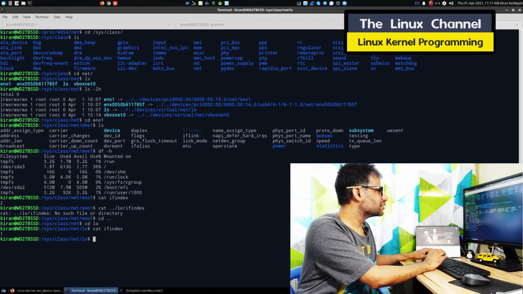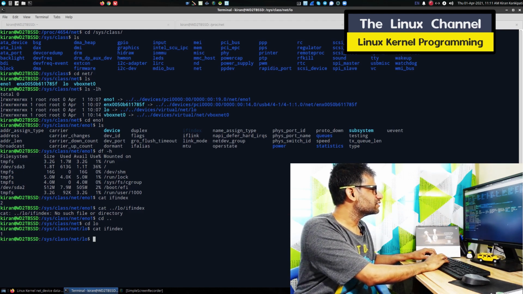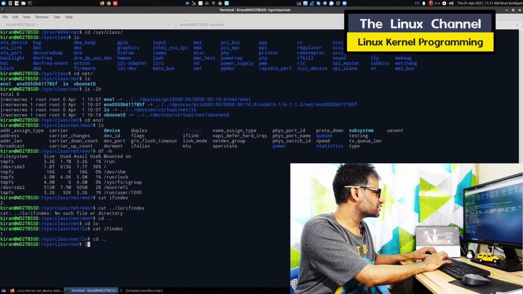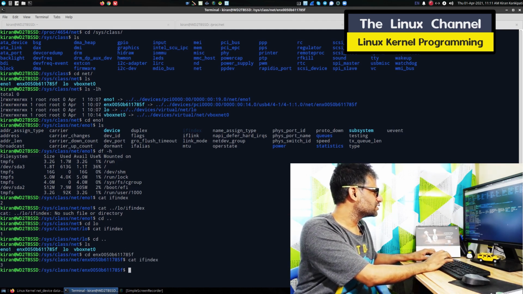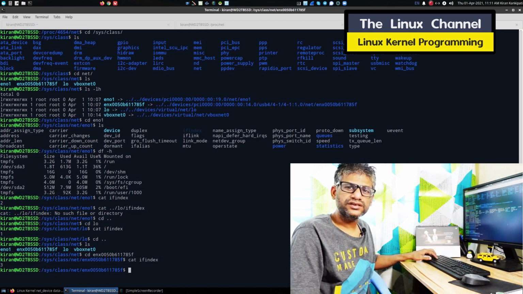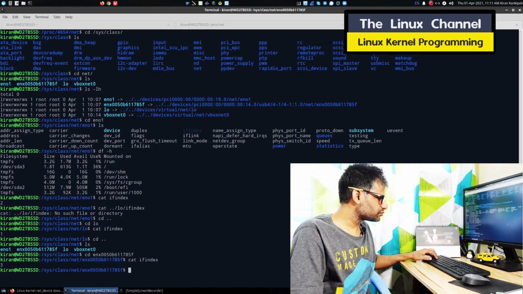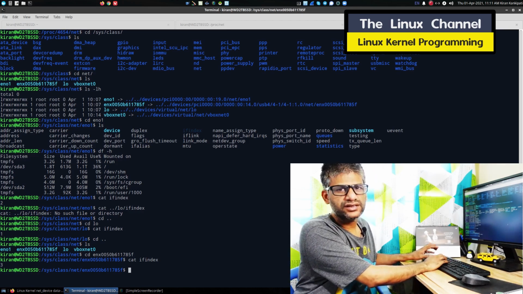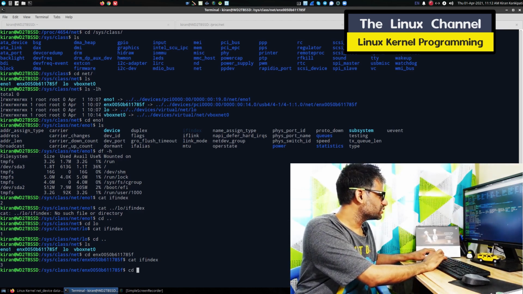So I think maybe interface index starts with 1. I am not sure. I still believe I saw it starting with 0 sometime in the past. Now cat ifindex, yeah, this one is 3. This is my USB Ethernet NIC card, the USB to Ethernet adapter. Anyway.